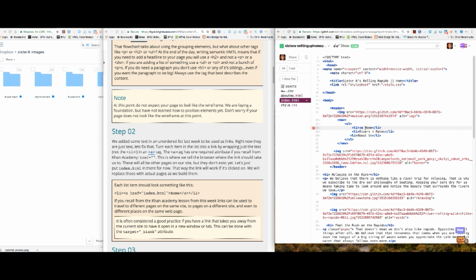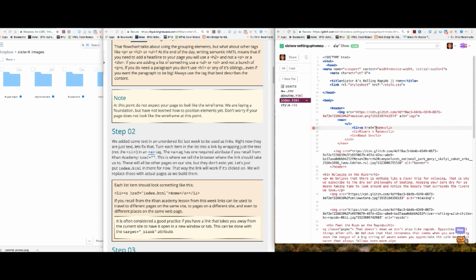And A then goes to an href equals, and then you got to tell it where to go. Href equals,